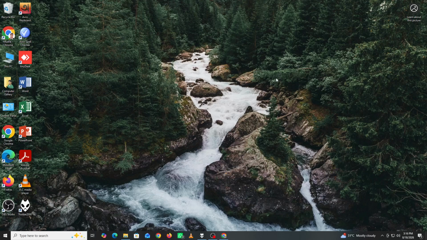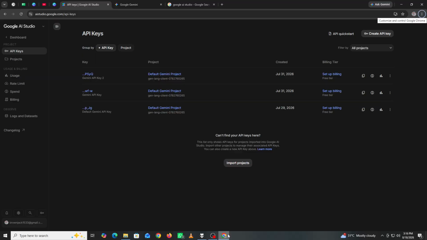First, open Google AI Studio and sign in with your Google account. To create AI content workflows, start by deciding what type of content you want the workflow to produce. For example, you could build a workflow for blog ideas, social media posts, video scripts, product descriptions, email content, or